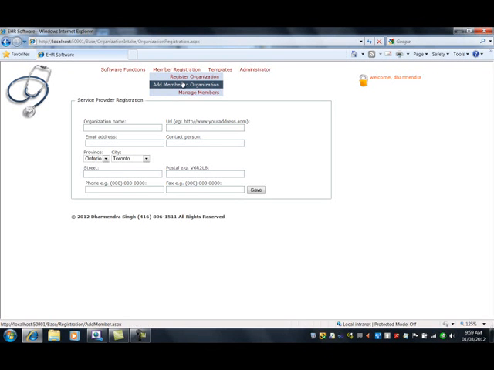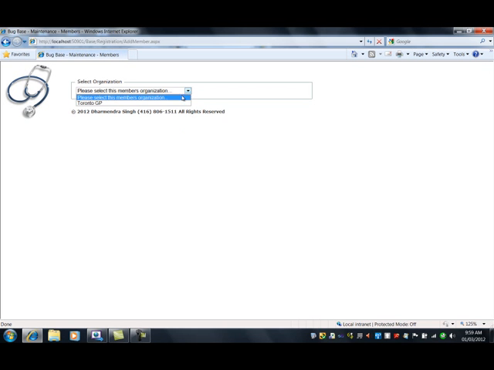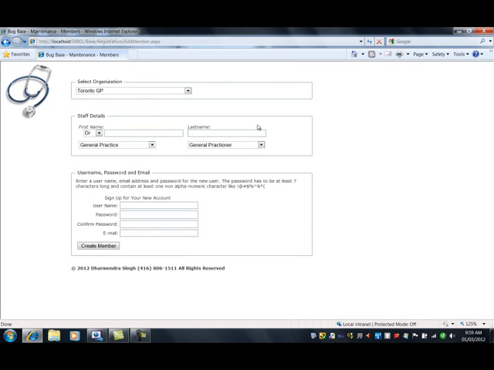Now, once you have created an organization, you go ahead and add a member to that organization. So what I do at this point is select the organization. So this would be your GP, say, down the street, and anyone working in this particular company. I don't know. So let's say that there's a doctor. So I will enter a doctor's information. Say Dr. Ming Wu, general practitioner, and now I sign up the member. So let's give Ming a username